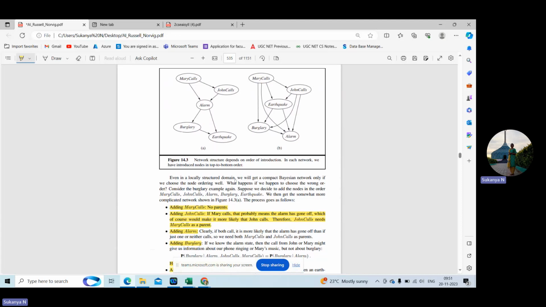In this compactness, the Bayesian network will follow the local structure system, which we also call a sparse system. In this local structure system, regardless of the total number of components, each subcomponent is directly bound to only a few other components. So what is this? The correct node ordering of this